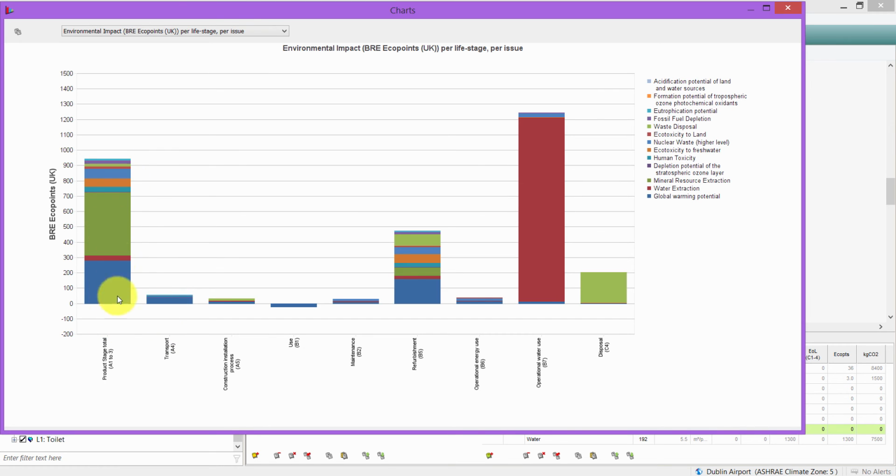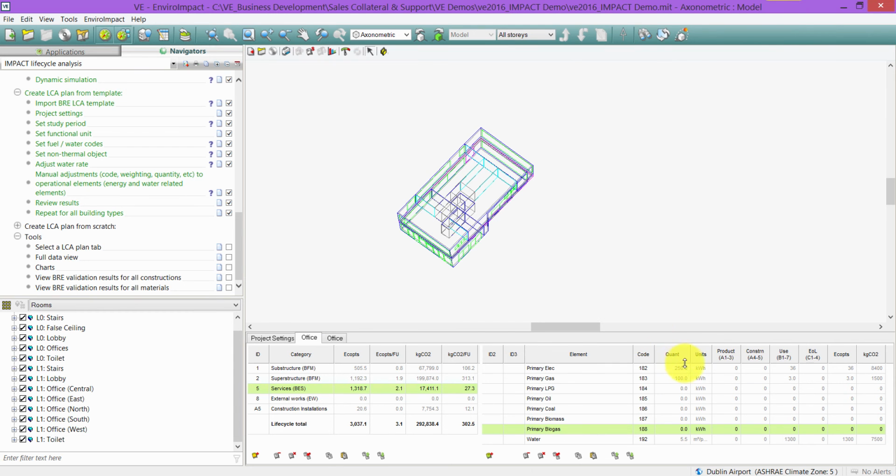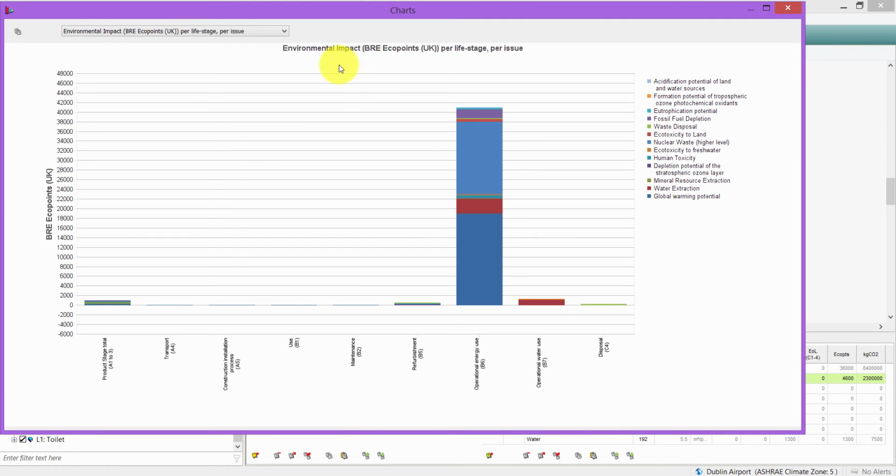So we can see production stage is quite large there, and also operational water use is quite high as well. The operational energy use is quite low there, as would be expected with those low energy figures I entered. But if I go and change those, perhaps I'll add in 250,000, which might be a more suitable figure for a building of this size. If I manually enter in those figures there, and now I go to view my results again, I'll actually see